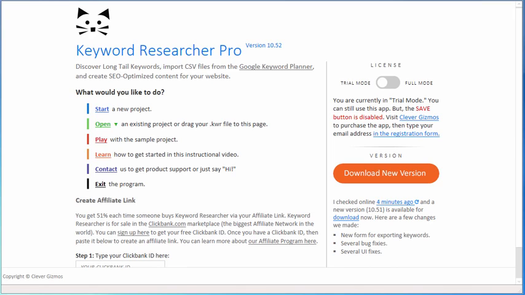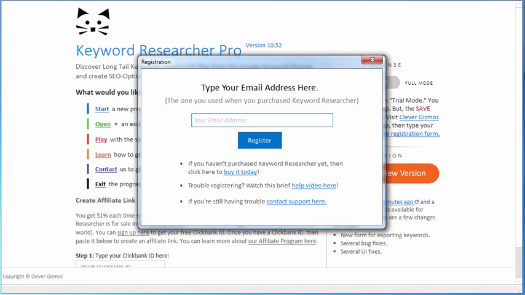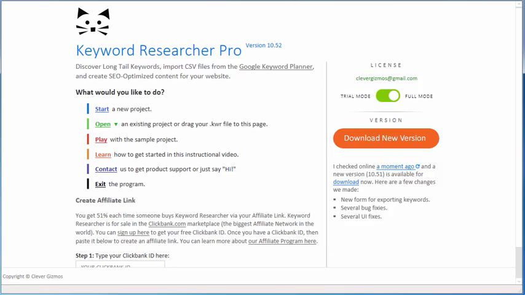In this video, we'll discuss some of your first steps when using Keyword Researcher for the first time. On the top right here, you'll notice the switch will indicate if you are in trial mode or full mode. When you click on the switch, a form opens up where you can insert your email address. So after purchasing Keyword Researcher, type your email address here, and you'll notice that the app has changed to full